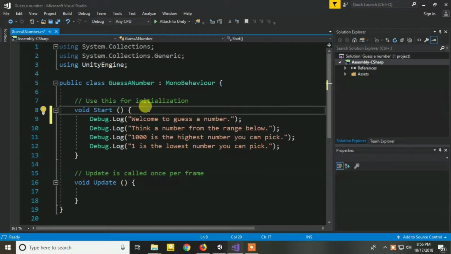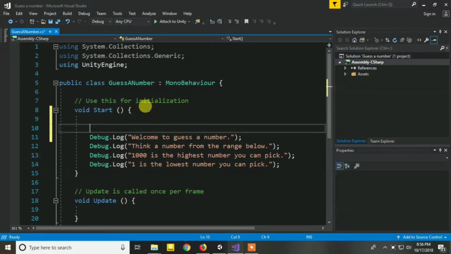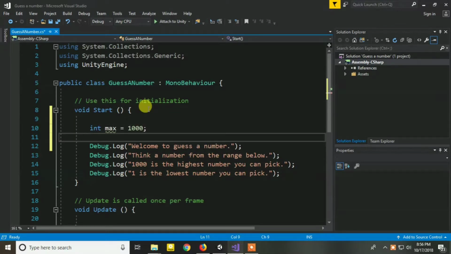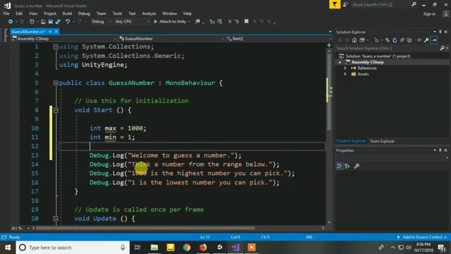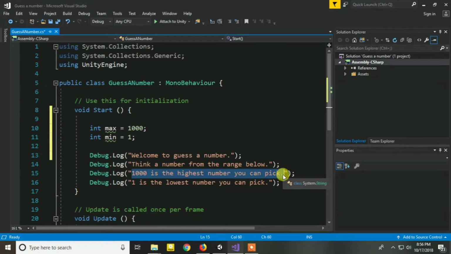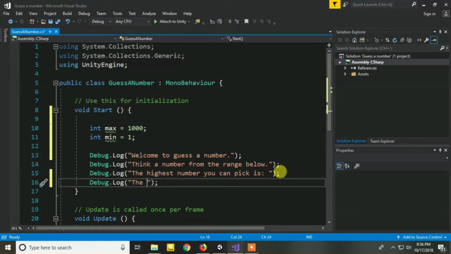Welcome back to Unity. Now we'll write some variables in this code. Now in line 15 we'll change our code to "the highest number you can pick is", and at line 16 "the lowest number you can pick is".